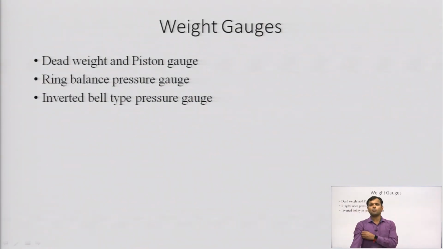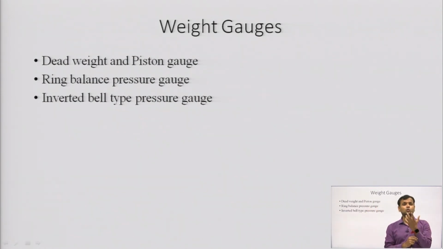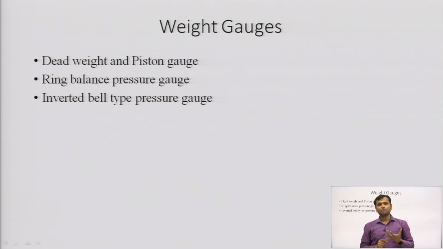Now, when we talk about the weight gauges, these are the second type of devices that we have used in our last PPT: first is the elastic pressure transducer, then manometers, and last one is weight gauges. In that category, the weight causes the displacement, or the pressure exerted. That weight causes a force, and that force is proportional to the pressure. So, we will get the pressure because of the weight.